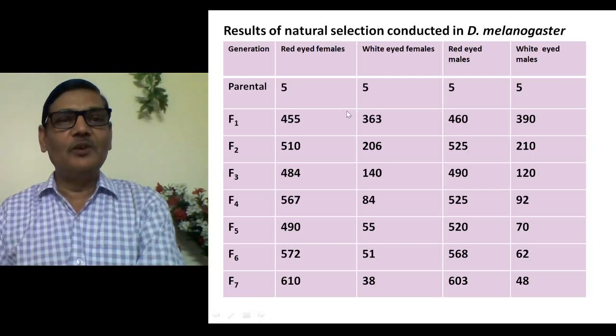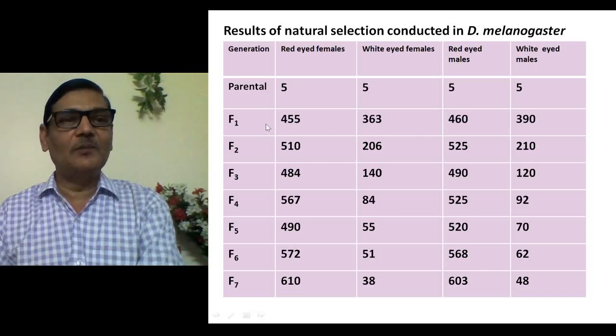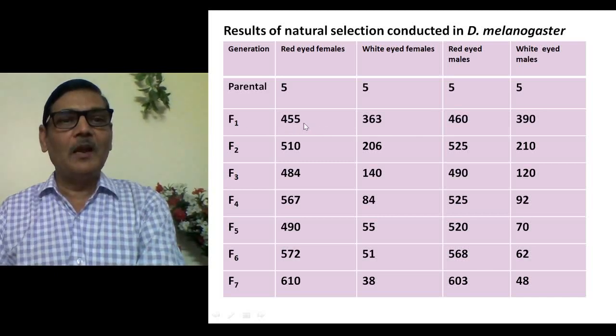And after counting all these flies, you will have to transfer them into the food bottles. You will not be sorting out any one of them. You have to carefully perform this experiment so that F1 flies can be obtained, and these F1 flies, after counting, will be pooled with each other, meaning they will be kept together in the food bottle, so that